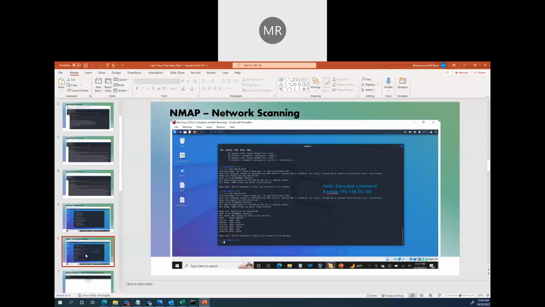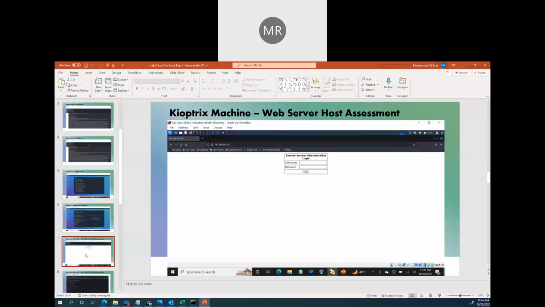Since we have found 192.168.56.102, that's the IP which is providing a couple of open services. We have seen one of the unsecure ports, HTTP 80, is already open. So we're going to hit this particular IP with port 80 and see if we are able to get the web page. So you see, right after hitting 192.168.56.102 over the web, we are able to get the web page from the Captrix, which gives us an option to provide a username and password to log into the system. So that is the first step. Like after the second step, sorry,